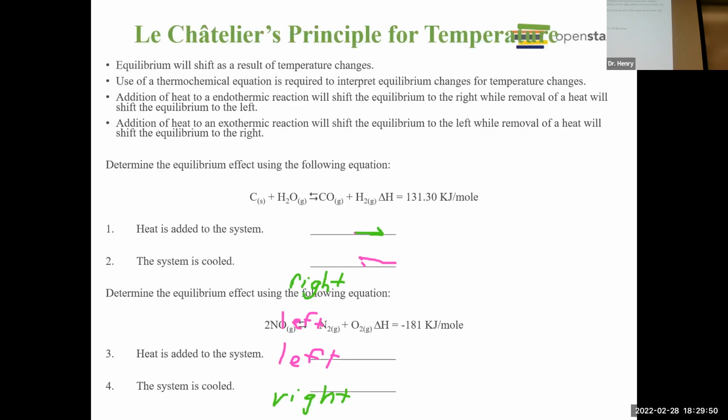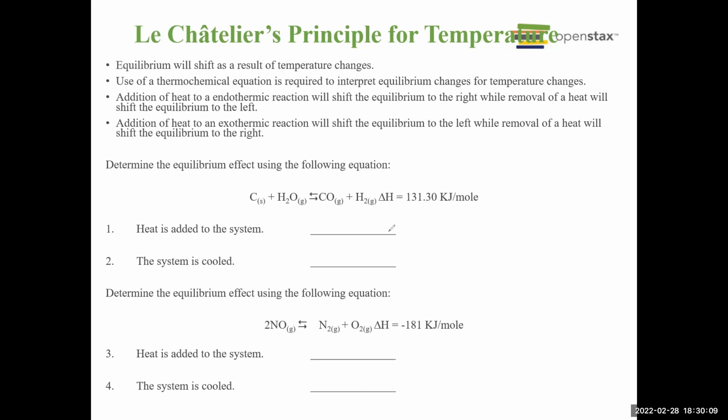Okay, now we're going to make it a little more challenging. Okay, so here's our chemical equation. First off, is it endothermic or exothermic, Abel? The first one. Let's see. Exothermic? Are you sure? No. It's endothermic. And the bottom one is exo. That is correct, right? The way that we know is that if it's a positive value, we're adding it to the system. The negative value is being released. Okay.